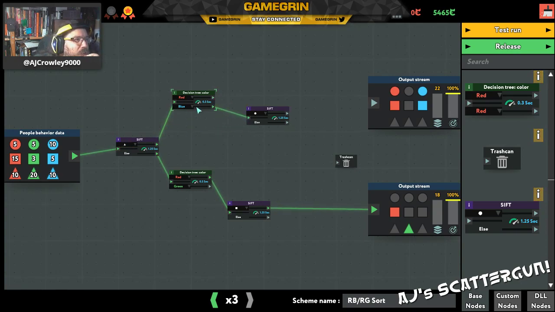If it's a blue non-triangle, then we'll filter it into there. No. If it's red, no, we've already filtered on triangle, haven't we? So, penciling that evenly splits the red squares. So if it's a red circle, then it goes there. Otherwise, it's going to end up